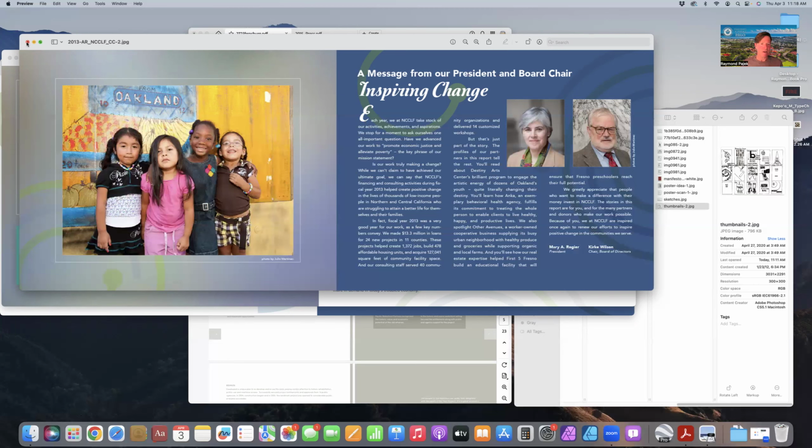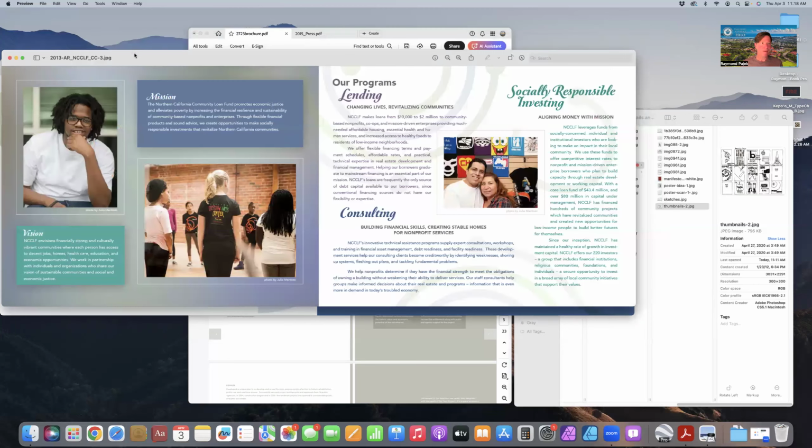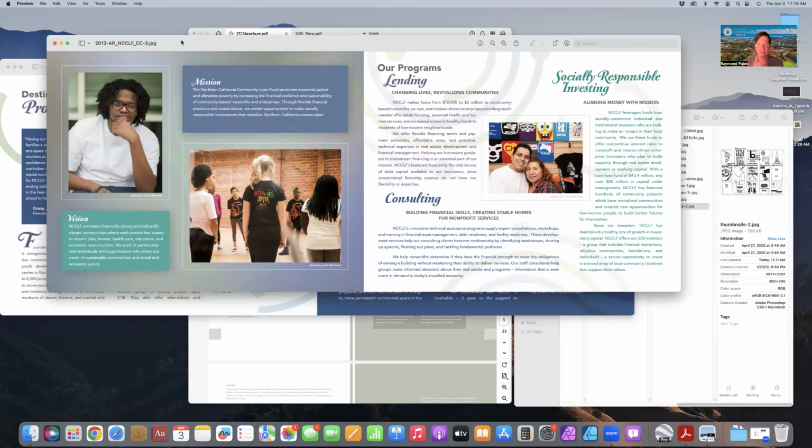In this same multi-page document, further in, you'll see another page spread that again makes use of right and left sides, but has a lot of different kinds of things going on here. On the left side, you have some photography that is put into a diagonal, cross diagonal layout. And then there are these pull quotes or call out boxes that sit on top of the colored background and include